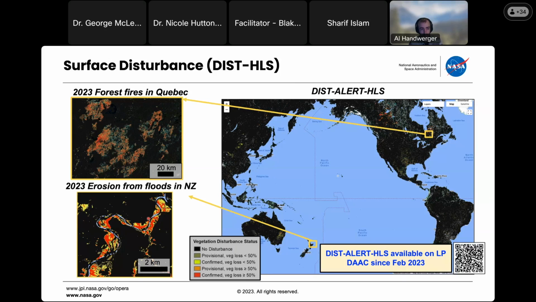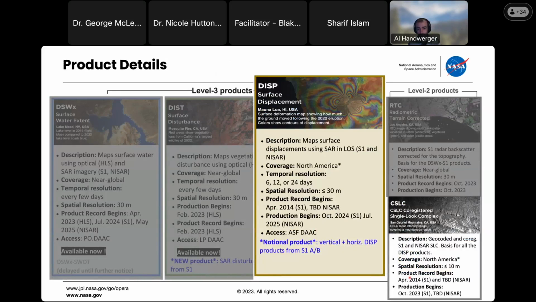But I also wanted to highlight a water issue that you can detect with this. There was some erosion due to a major flooding event in early 2023 in New Zealand. And you can see here that the vegetation was actually stripped from the riverbanks. I think this type of analysis might be relevant to the coastal issues where you can get significant vegetation change and actually track these vegetation changes. And again, these data are available. By the end of this presentation, I'll show you where you can actually access the data.